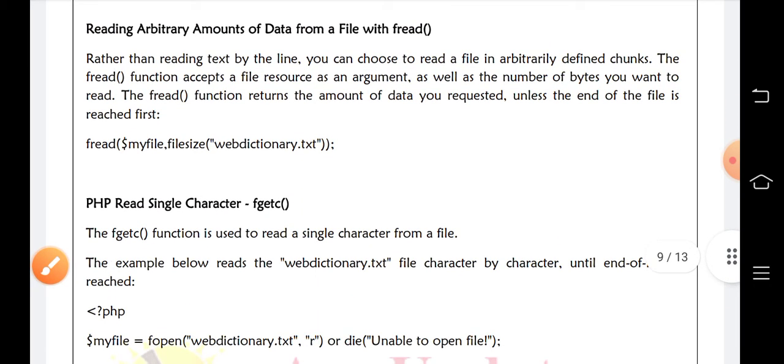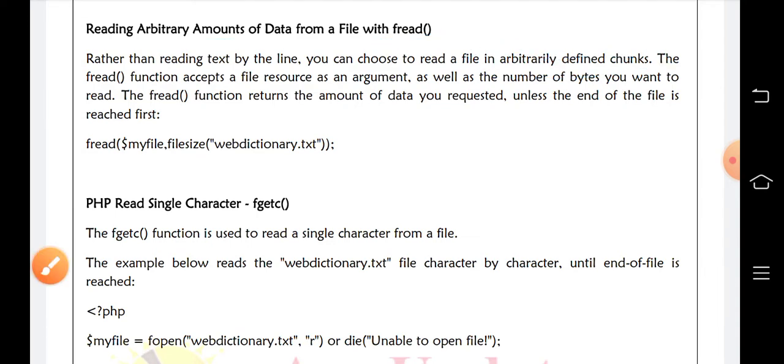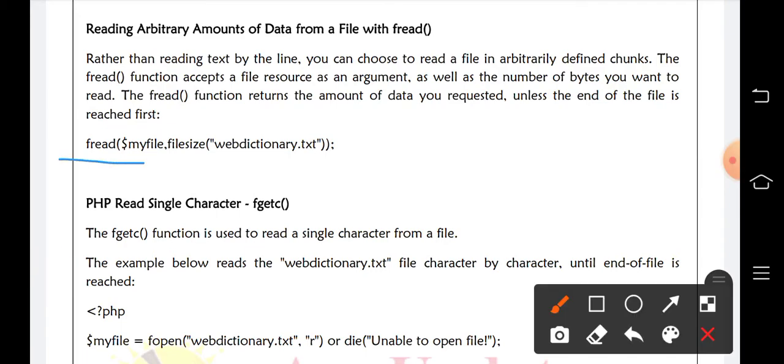Then for reading arbitrary amounts of data, some random amount of data from a file, we have a function called fread. Rather than reading text by the line, we can read a file in arbitrarily defined chunks. That means the whole data can be read like chunks. The fread function is used to read some arbitrary amount of data. And here you can see, we mention fread, the name of the file, and the size we have